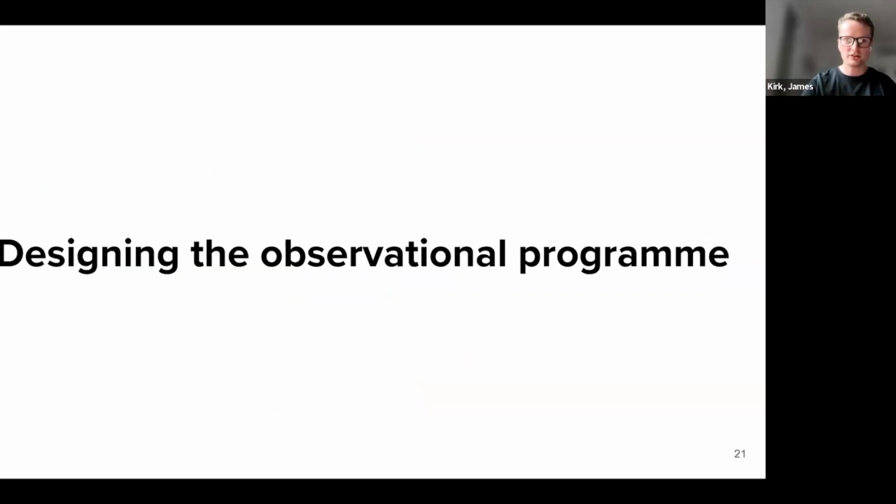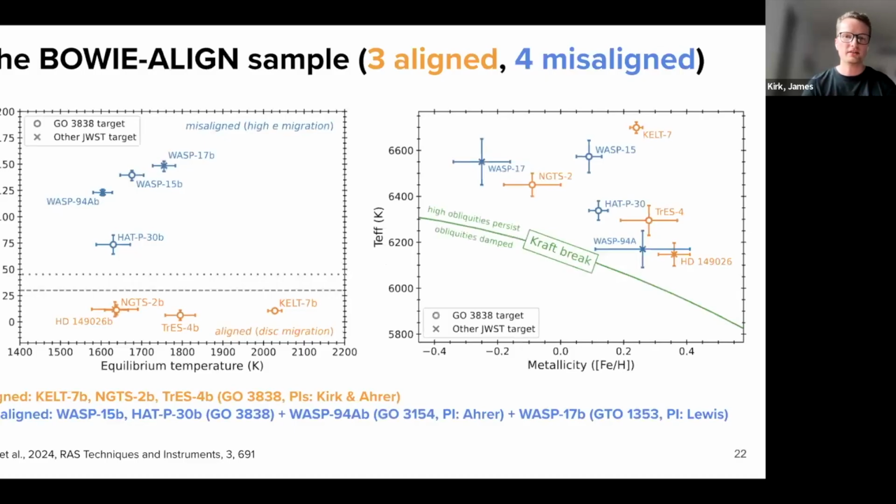So that moves me on to actually talking about the targets we use to test this. So here are the final 7 planets that constitute the BOWIE-ALIGN sample. On the left-hand side, I'm showing the sky projected obliquities on the y-axis against the equilibrium temperatures on the x-axis